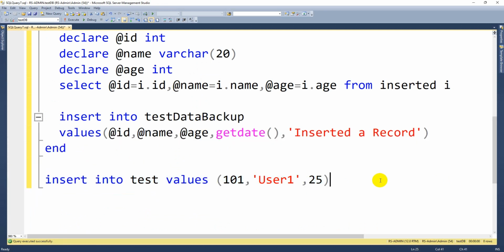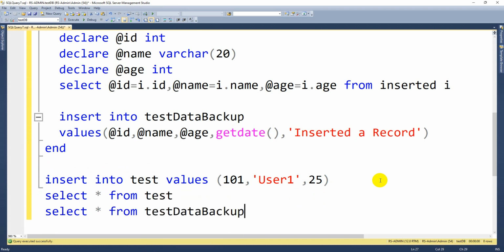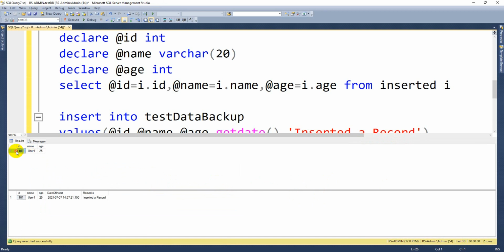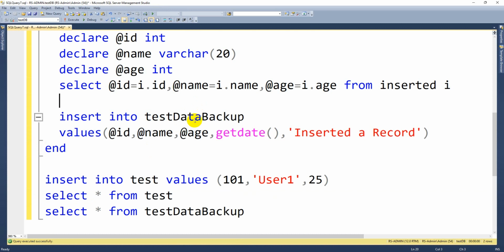Now let us select both tables: select star from test, select star from test data backup. In the test table we got the normal record. Due to the trigger, the same data was copied here, 101, user 1, age, and additionally whatever I gave here. In the same way you can perform it on update, and on delete also.